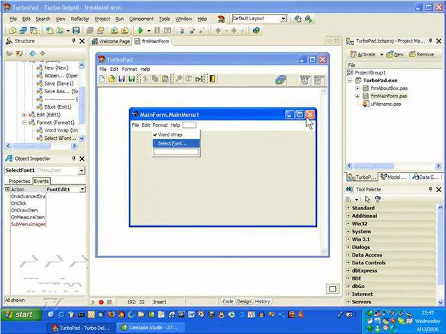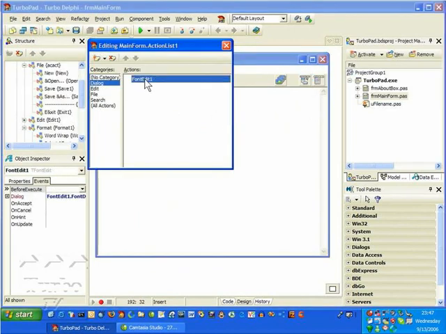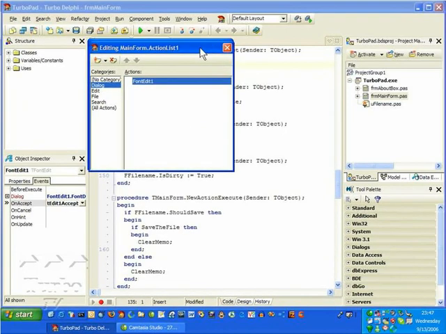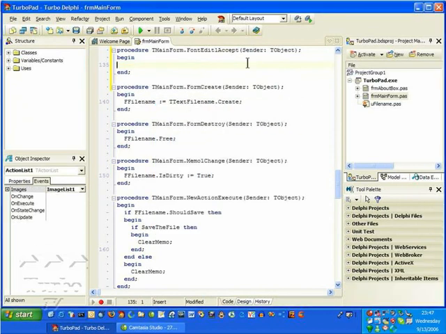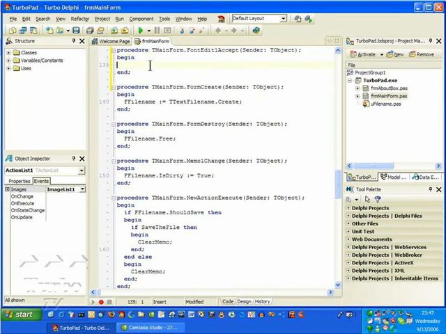Now, of course, we're dealing with actions here, so we need to go over to the action, come up to the dialog, and the action has an onAccept event that gets fired when the user presses the OK button on the font. So we'll just go ahead and double click on that and create a font event handler, font accept here. And of course now that means the user has selected a font, and we should set the memo's font property to that. So